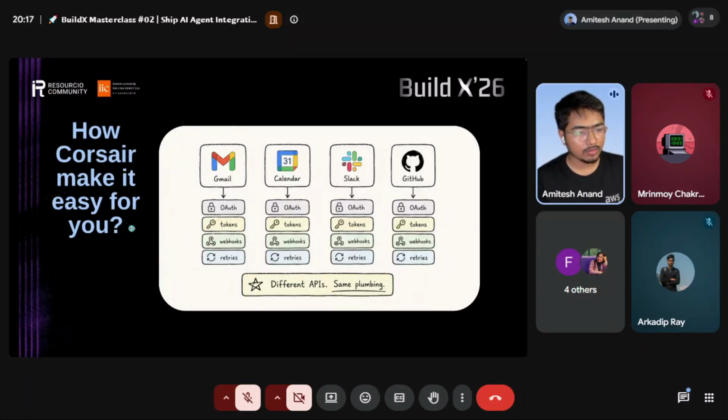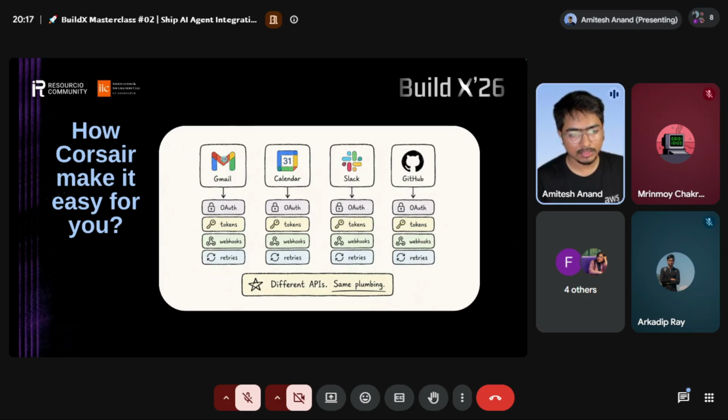So let's see how Corsair makes it easy for you. Let's say you have 4 tools in your stack. You have given integrations for 4 tools to your agent. It has the Gmail integration. It will take care of OAuth, tokens, webhooks, and retries separately for Gmail, separately for Calendar, separately for Slack and GitHub. So no users will be mixed up and no weird behavior will happen for the agent.